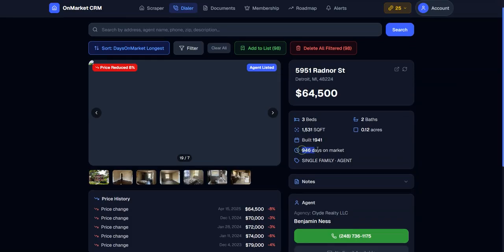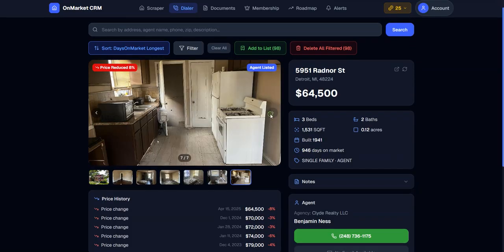You see this was on market for 946 days. So this person's probably ready to make a deal. Again, Zillow doesn't let you do that. And they only let you pull 25 properties at a time for a list. So even if you scroll down and click the end and then scroll down and click to the end,